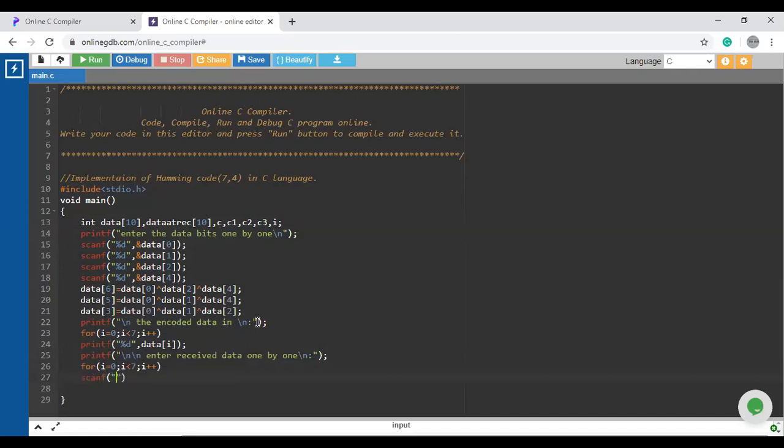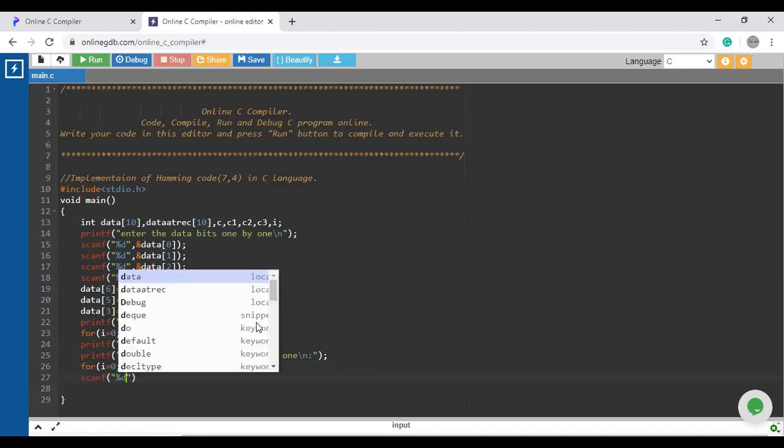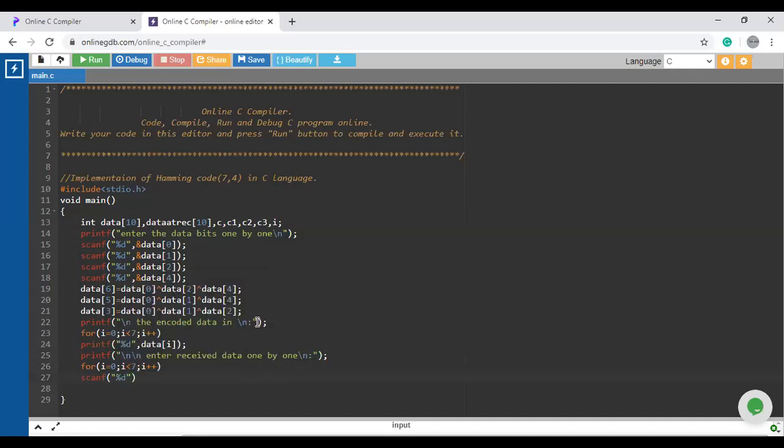Scanf %d, data at 0. We have used our new variable data at receiver side for storing the values, i.